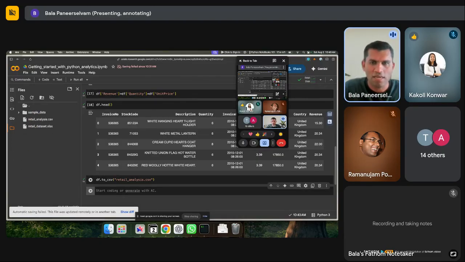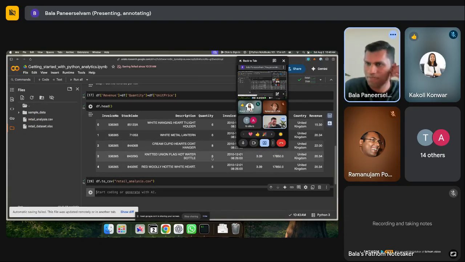All right, so let's leave it at that and come back to this. Now, one of the things that we use a lot is, let's say we want to play around with a few things and try to figure out some patterns around this data. That's where we actually spend a lot of time. I'm just typing this so that we all know what I'm trying to do over here. Step 2,